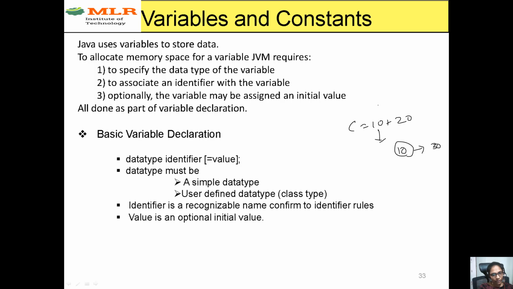But instead of that, if I store this value in a variable, c is equal to a plus b, then while executing this program the first time, I'll assign some values 10 and 20 to a and b. For the second time, I'll assign different values, third time some different values. Like that, this is the use of a variable. That means you can store that value in the memory.